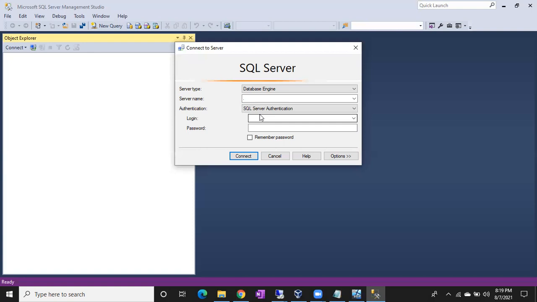Whatever permissions a Windows login has, the same permissions can be there with the SQL login also. Functionality wise, there is no difference between a Windows login and a SQL login. Both can behave the same. The only difference is that with a Windows login, we log into the SQL server in one way, Windows authentication, whereas with SQL Server authentication we log into the SQL server in a different way. That is the only difference, guys.